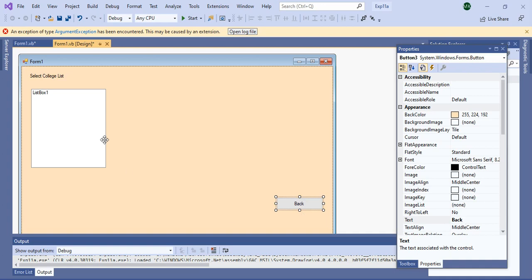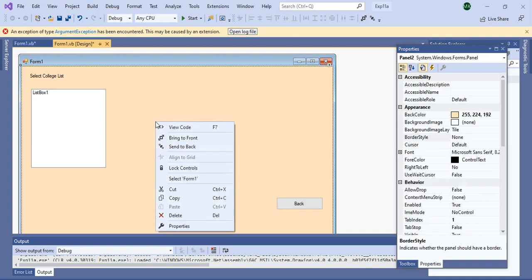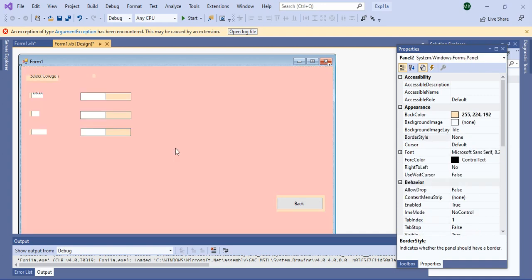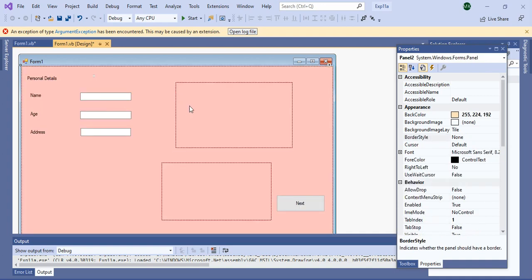So this is our second panel. How to open the first panel? Just right click and send to back. These are only two examples of panels. These two I have created. If you want to make it full size, just click on this arrow and dock in parent container.